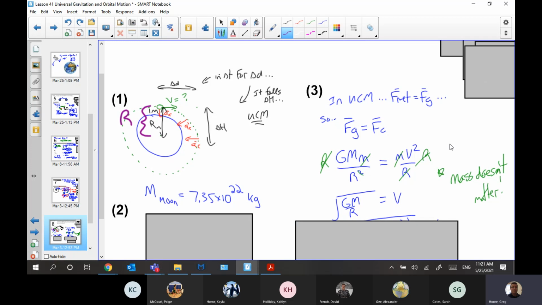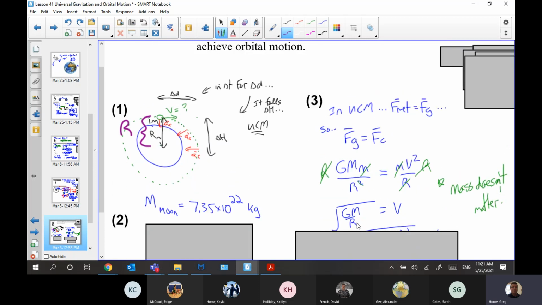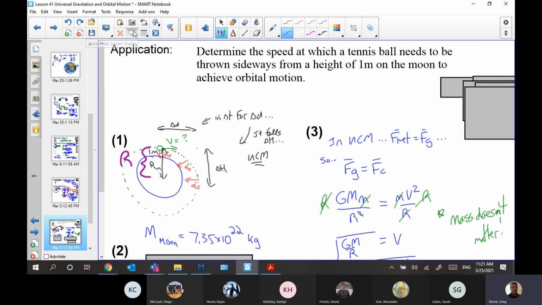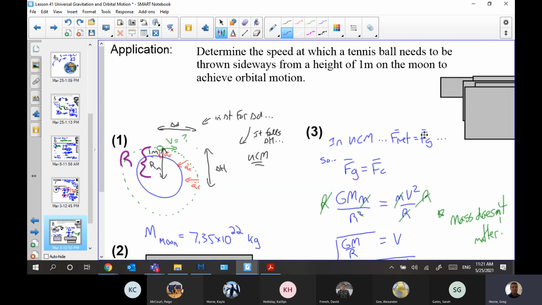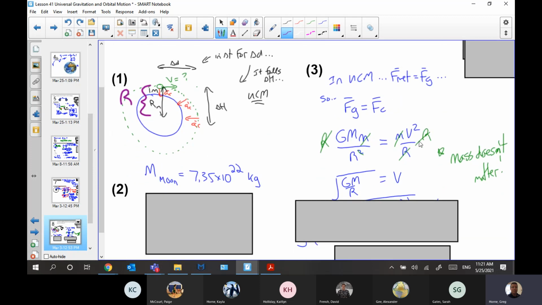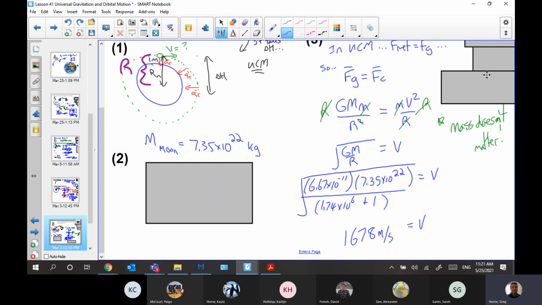But if you're doing a bunch of these in a row, you're certainly just going to grab the v equals root of GM over r. But because of what we've done here, I'm hoping you're recognizing that if I had started the lesson with this, saying, okay, so what speed? This would seem like a pretty complicated thing to figure out. Like, oh my gosh, how can we possibly figure that out, right? It turns out it's pretty easy. We've already done all the hard work. We've done the hard work of understanding force of gravity and the hard work of understanding mv squared over r. So it just becomes G times M over r, root it, and it says,